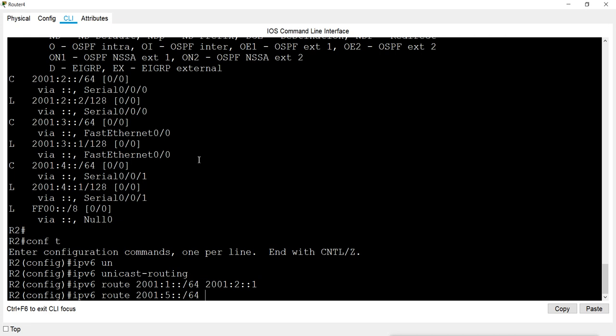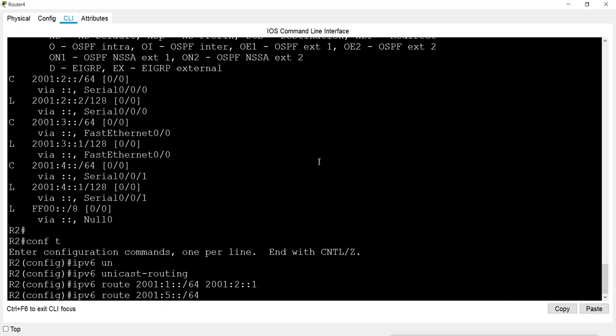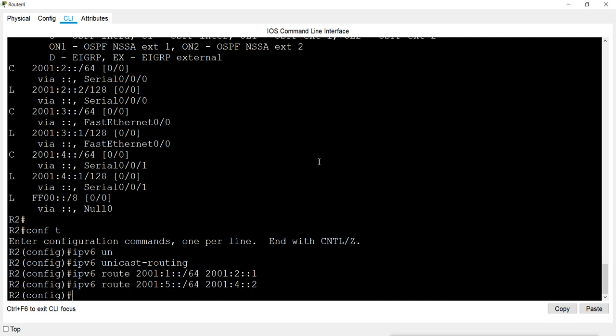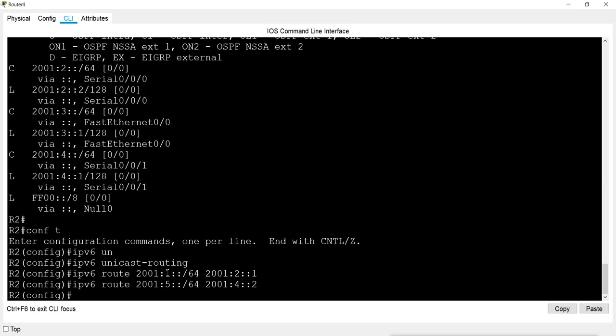This is the next address which is on this side, and to go to this network from router 2, we can go from this next hop address. So the next hop address for it will be :4:2. Done. No other network required here.